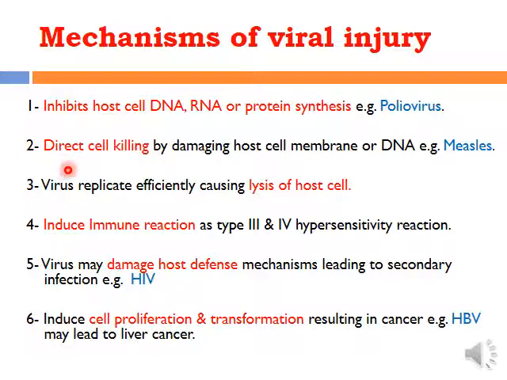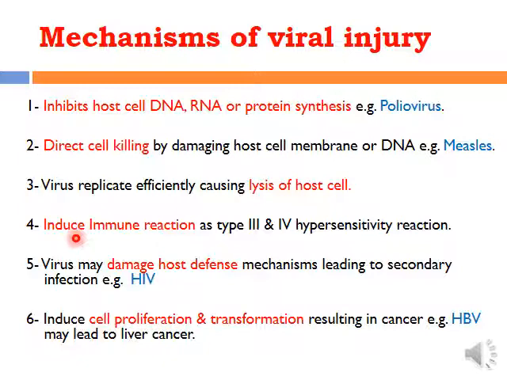The second one is direct killing of the cell or damage to the host membrane, that is damage to the cell membrane or the DNA, and this is found in measles virus, which causes lysis of the cells of the human body affected by measles. The third mechanism is lysis of the host cells when the virus replicates inside them. And the fourth one is not by the virus itself, but by the virus inducing an immune reaction against the cell infected by it. An example is when hepatitis B virus